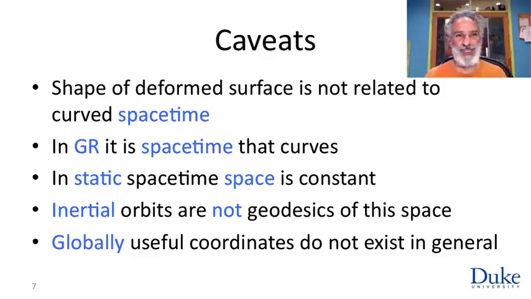In general relativity, it is not space that deforms, but space-time, this four-dimensional object. In the two-dimensional case that we've been drawing, the whole two-dimensional sheet is curved, not just the x-axis. It's not space that is curving, it is space-time. In some circumstances, particular cases called static spacetimes, where nothing changes, essentially, you can define something